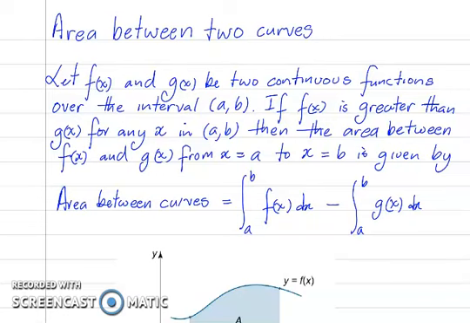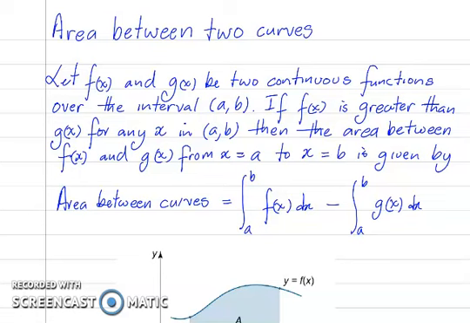Area between two curves. This says let f of x and g of x be two continuous functions over the interval a, b. If f of x is greater than g of x for any value of x in a, b, then the area between f of x and g of x from x is equal to a to x is equal to b is given by the area between the curves is equal to the integral from a to b of f of x with respect to x minus the integral from a to b of g of x